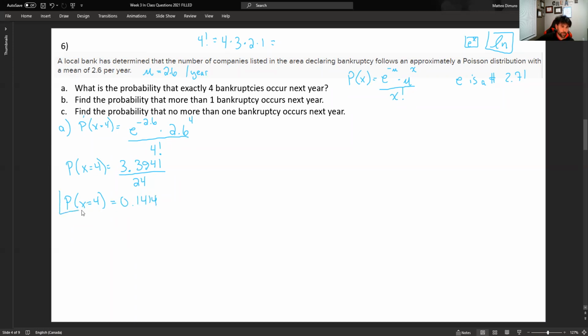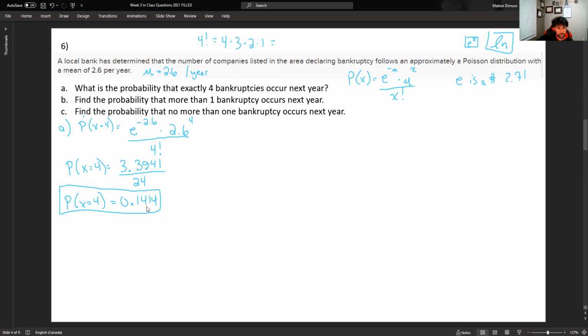0.1414. And I keep saying that we're going to talk about rounding, and we are. Just for right now, in general, if a question doesn't say what to round to, it's not a bad idea to keep 4 decimal places, or 4 digits after any zeros, all right? But another thing you can do if the question doesn't say is look at how many decimals are being kept in the numbers given in the question. So there's like 1 decimal here. Those are just guidelines, but generally in stats, try to keep 4 decimals, and you'll generally be safe, okay? And again, we will talk more about it later. I just thought I'd point that out in the meantime.